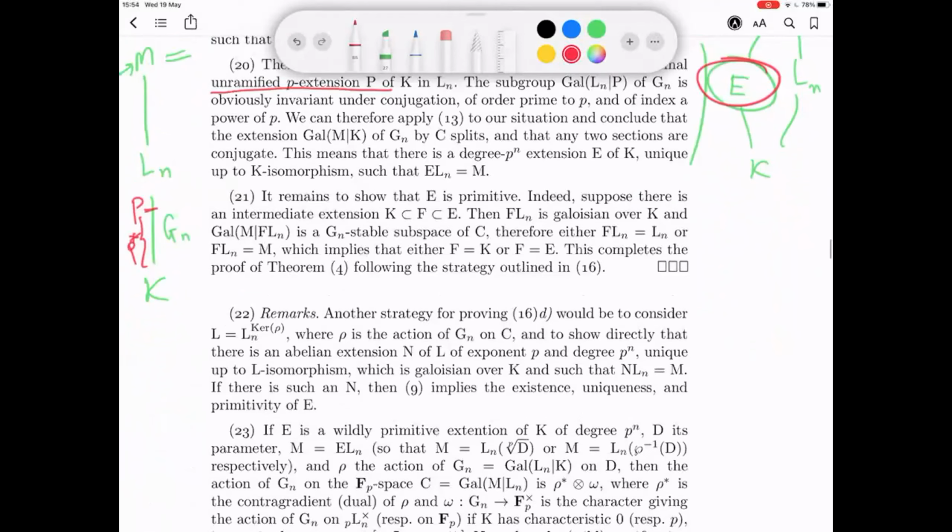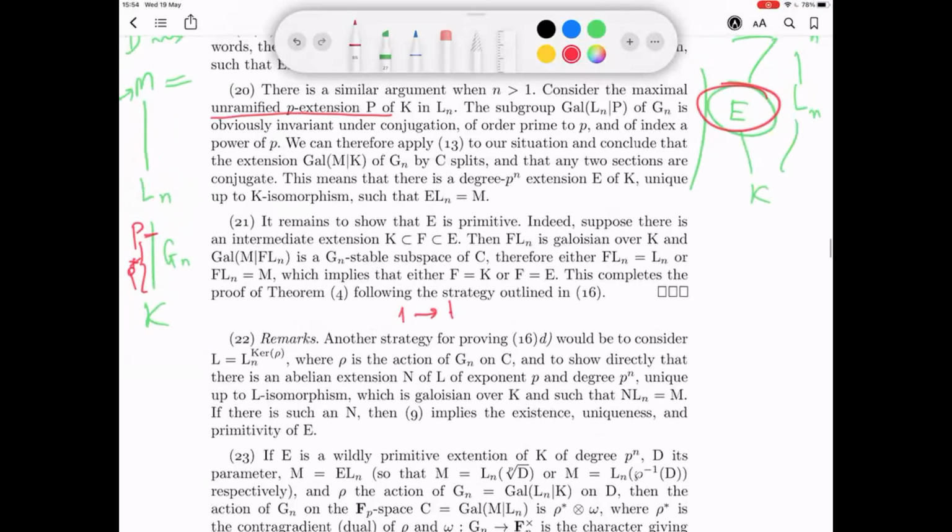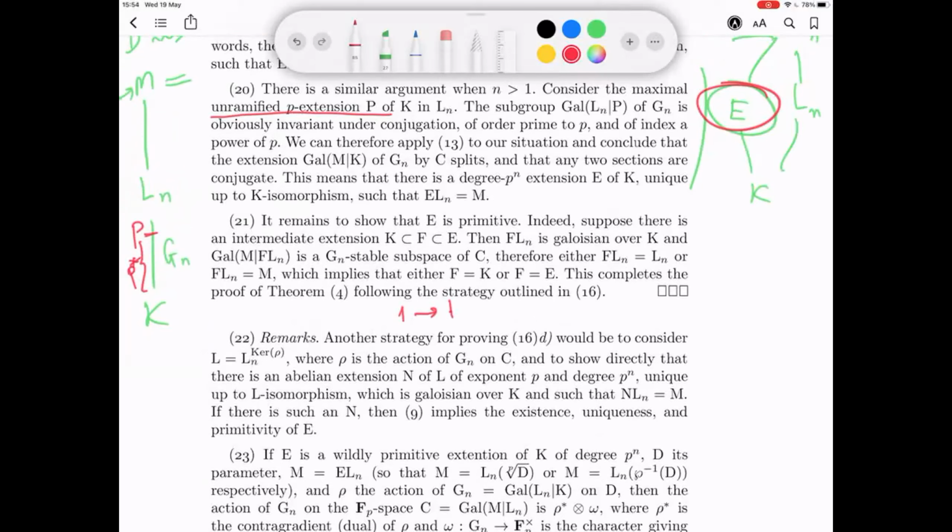So what are we going to get? We are going to get a sequence like this, right? One, and let me call it H_n,